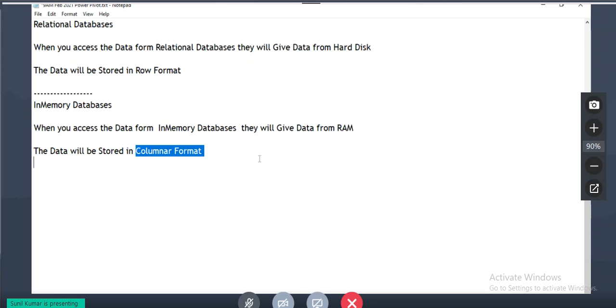Fine. The data will be stored in the columnar format. So what is that columnar format and row format? When you store the data in the columnar format, you have a few advantages, guys. The first advantage is